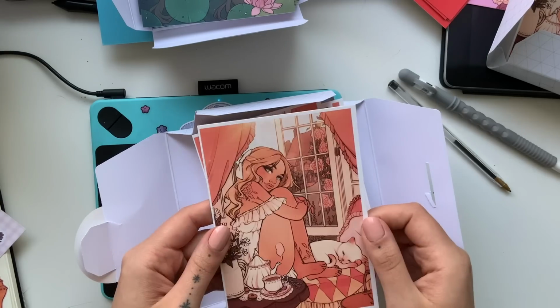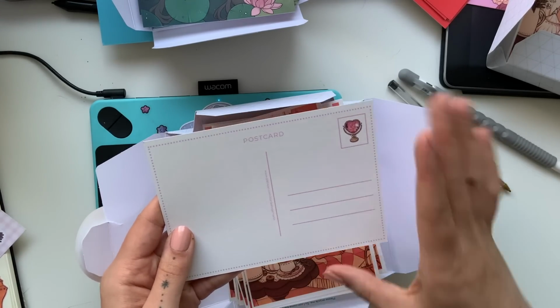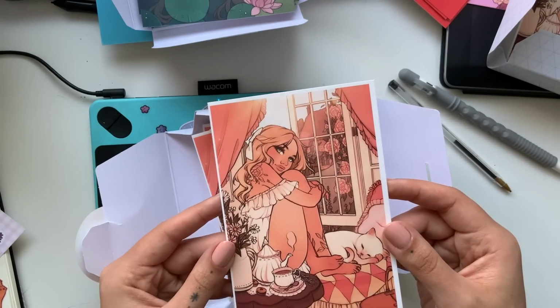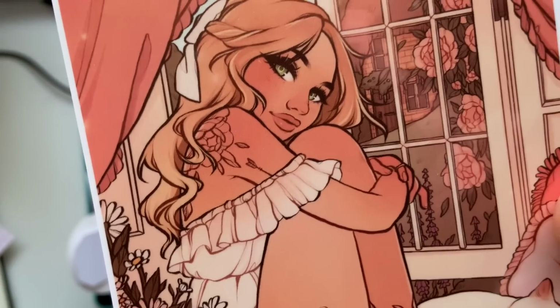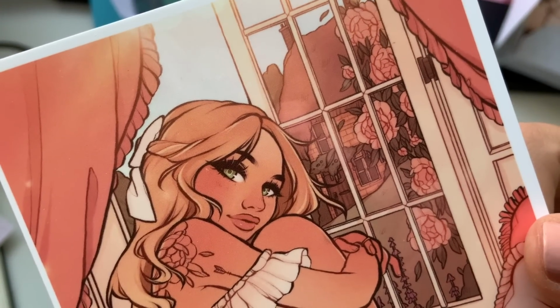Yeah, this is the Patreon postcard. Yeah, you can also kind of see it here, how they cut it a little bit crooked, which I'm not too excited about, but I still really like how she looks, and I think it will still work. The quality is still pretty amazing. I don't know if you can see, if it will focus, but the quality of the print is just really